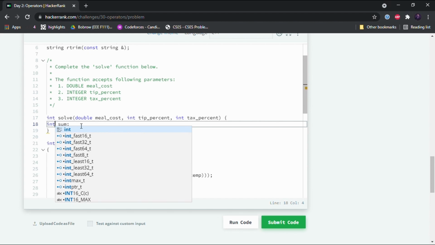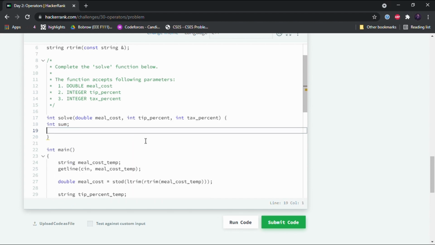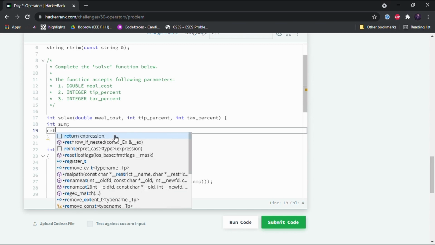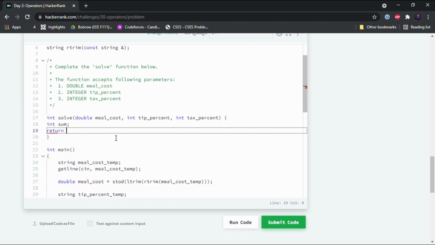Let me first declare an integer variable called sum, and if I want to return the value of sum, then I'll write return sum. So this is a function that returns the value of an int, and if I want to return a double value, then I'll write double instead of int, and so on and so forth.